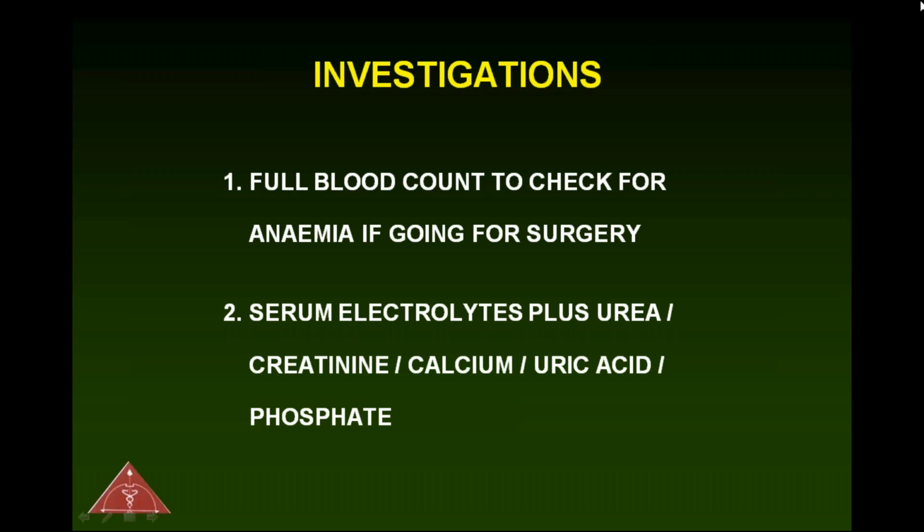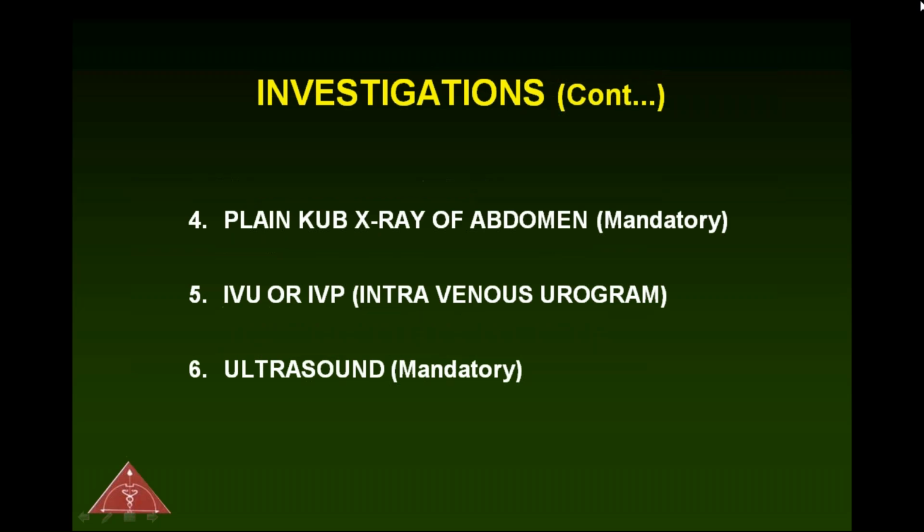So these are all the investigations. Ask for all the routine investigations, then urea, creatinine, everything. Then, in emergency cases, all of you note down X-ray KUB. KUB is kidney, ureter, bladder, a plain X-ray of the abdomen. KUB means kidney, ureter, bladder, it is showing those regions. So even for plain X-ray of abdomen, KUB view, or next I told you IVU,